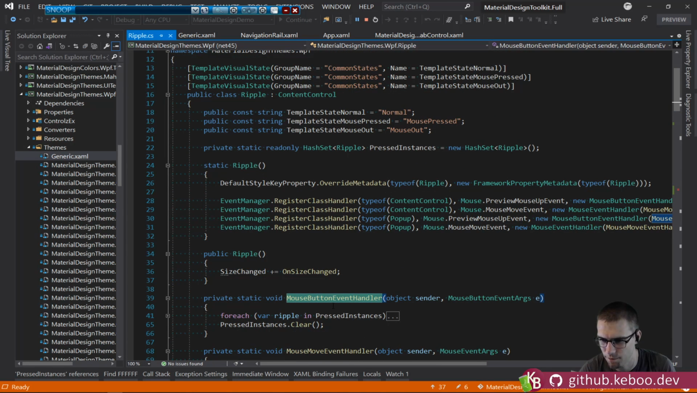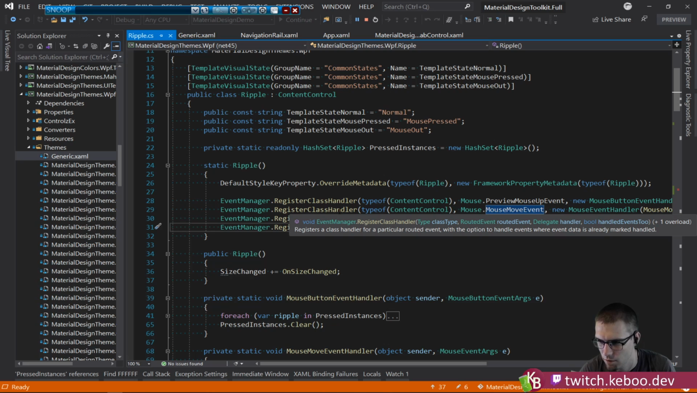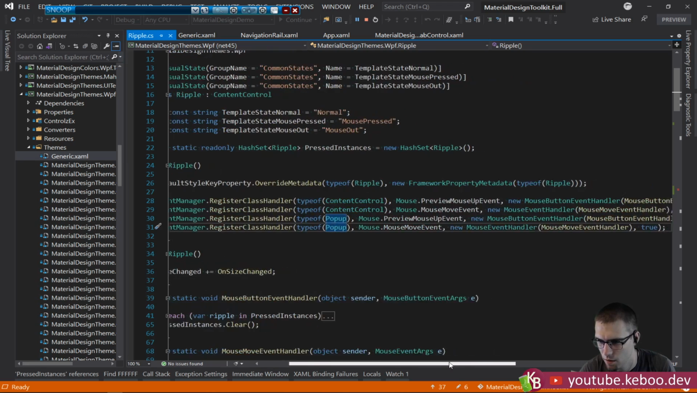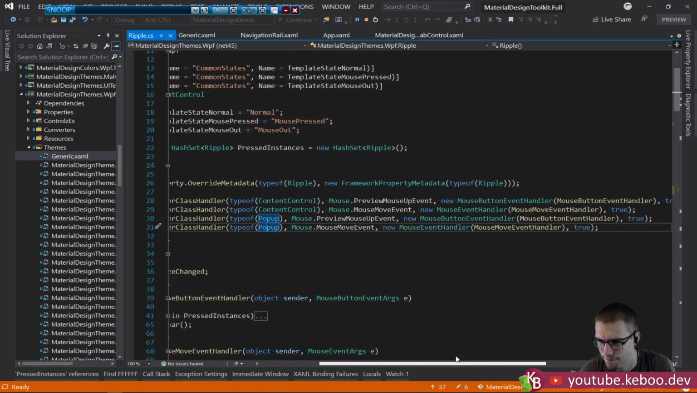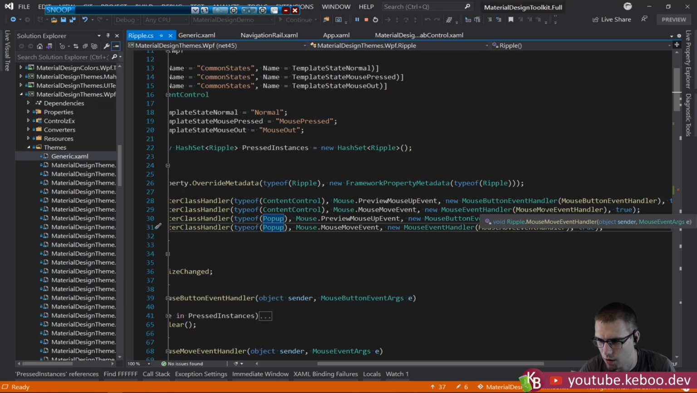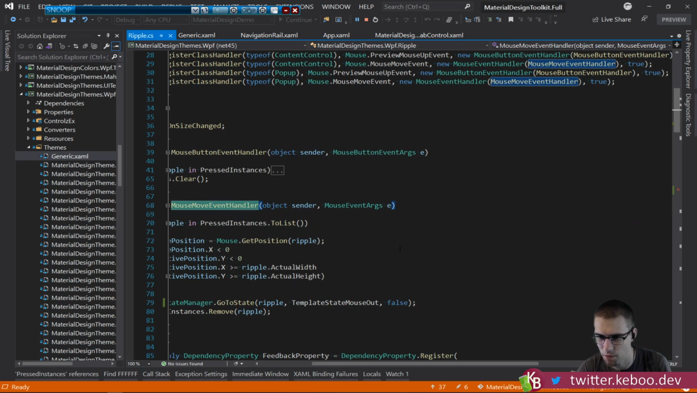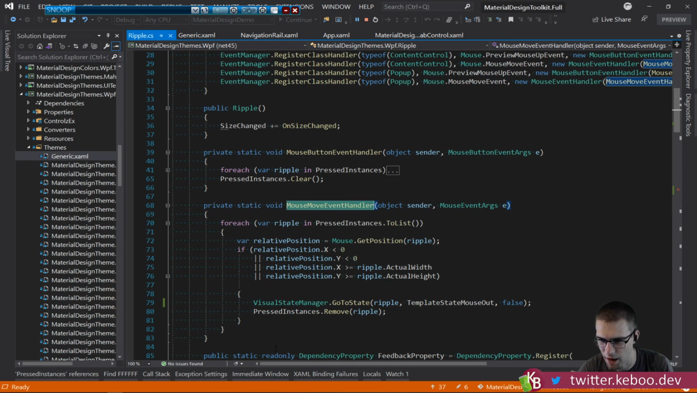on the mouse move event, because that is the most likely for both content control and pop-up. Mouse move event, and it also picks up this last parameter here, which is whether it gets handled events too. So even if it gets marked as handled, this guy's still going to get a chance to act on it. So on mouse move event, coming from a content control or a pop-up,